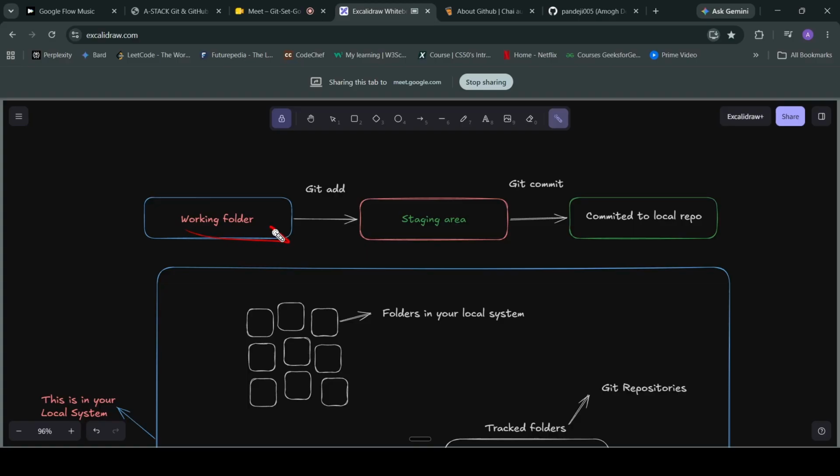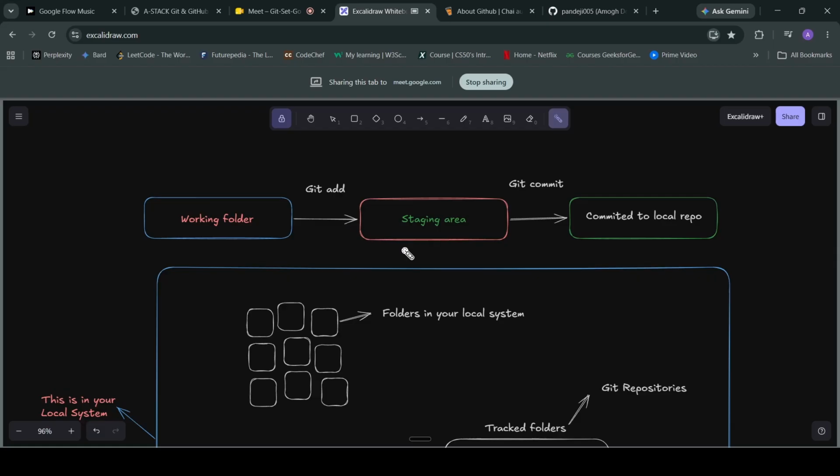First we have a working folder. In this working folder we will track the files, push code, merge branches, and do everything related to a project. After that we execute a command called git add, and the files in your folder go into a staging area.